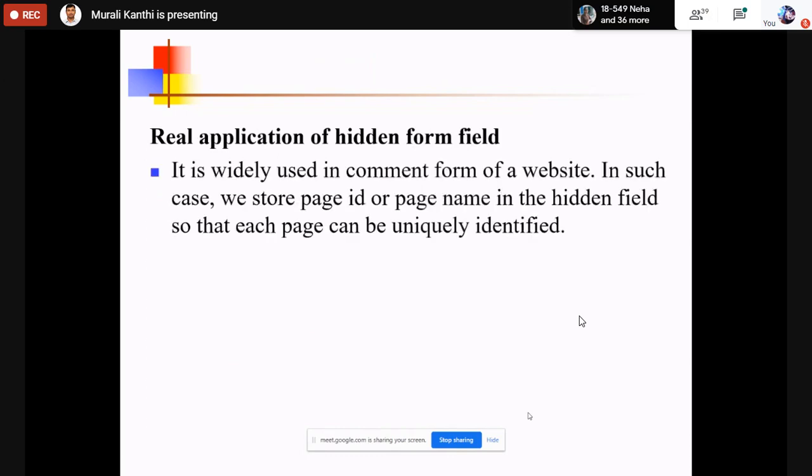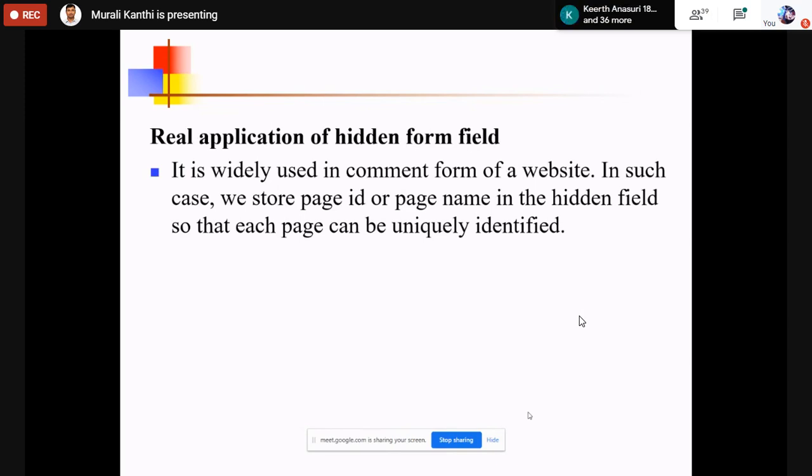Okay, so for a real application of the hidden form field, it is widely used in the comment form of a website. In such a case, we store the page ID and page name. Every page is going to have a name and ID. We store the page ID or page name in the form field so that each page can be uniquely identified.